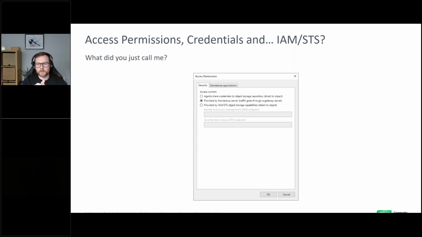To help answer the question and expand on the topic at the same time, let's return to the first setting here. Agents share credentials to object storage, aka insecure direct mode. Well, let's ask another question. How is this insecure? Well, don't we share credentials commonly within Veeam Backup and Replication?